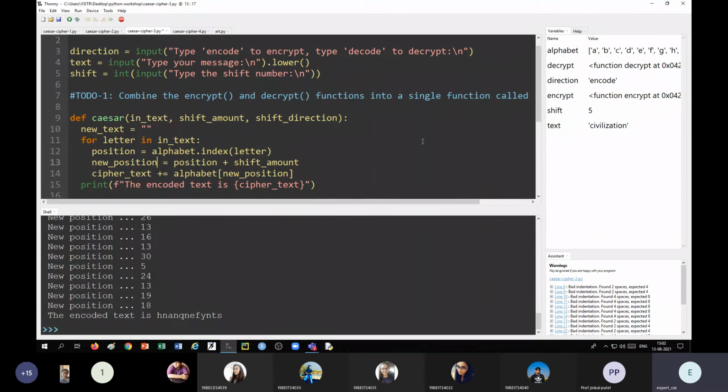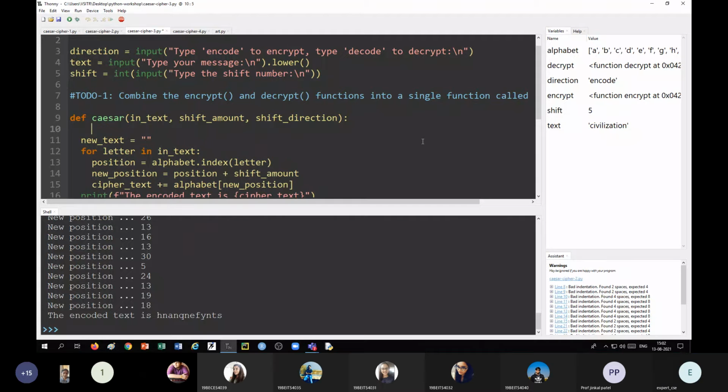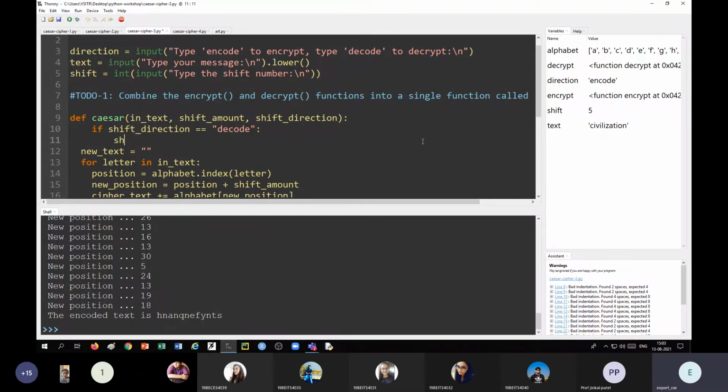So here, before we start the loop, we can say if shift direction is equal to decode, then shift amount is equal to shift amount multiplied by -1.